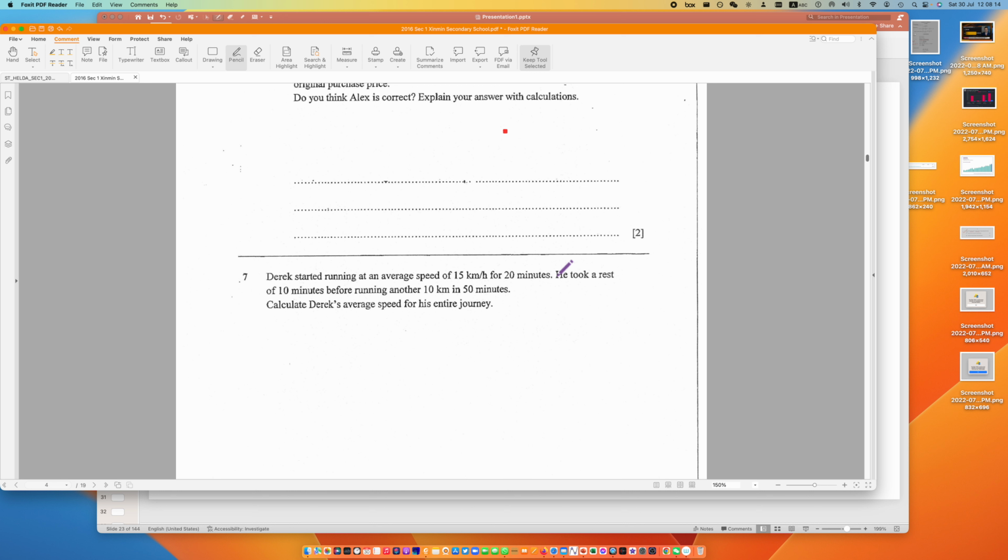Okay, tell me the approach first. Let's ignore the working first. What's the approach for this question? You look at the question, don't look at your work. First find. What's the approach? What's the strategy to find average speed? What's the formula? What's the formula for average speed? Add up all of the distance. Okay. And then add up all of the time. Very good.